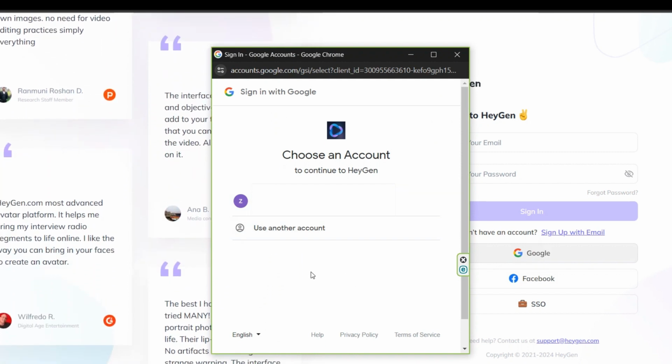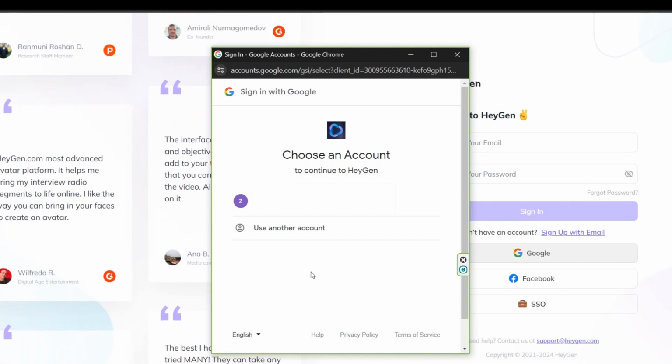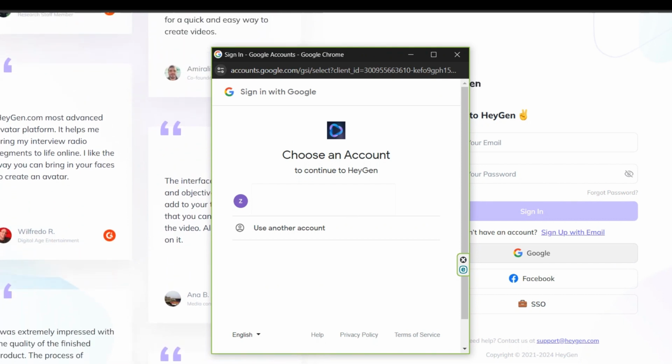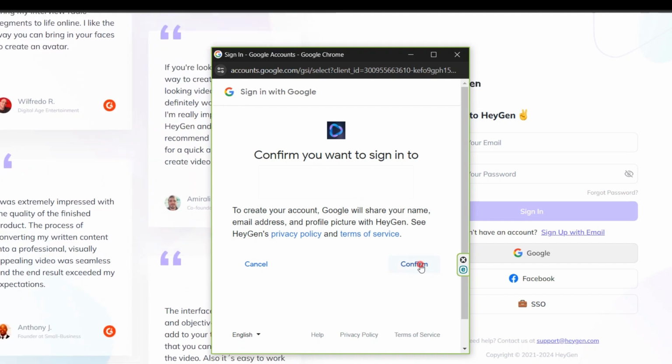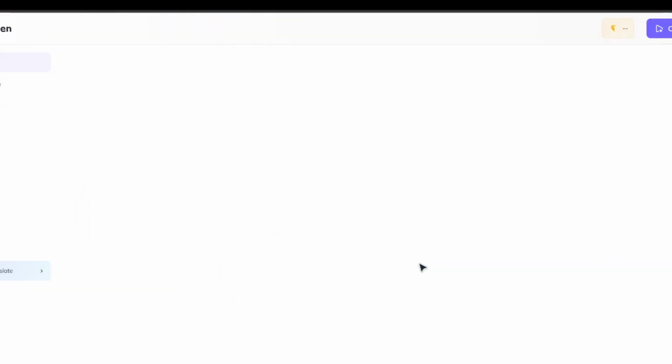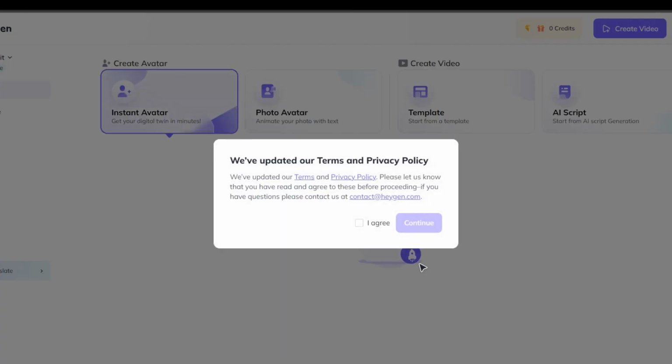If you are not logged in, there is no problem. Log into your Gmail from Use Another Account option or Login option easily. Then here, you have to confirm it. Click here. After a few seconds, you will be redirected to the HeyGen homepage, and you could easily create an